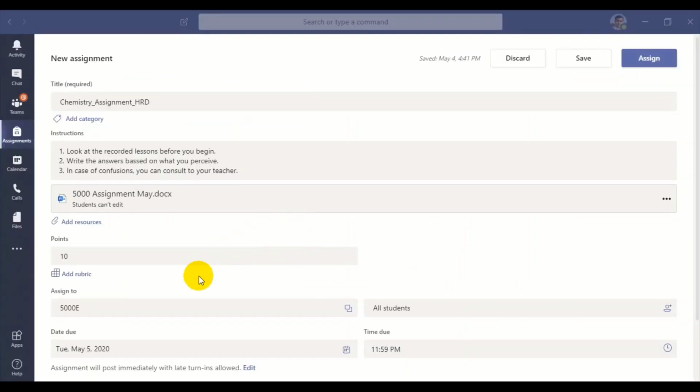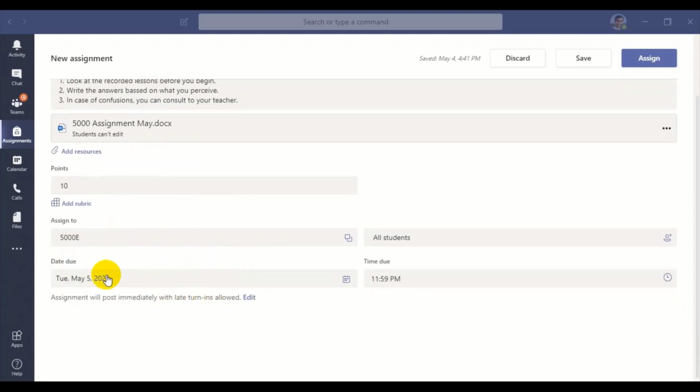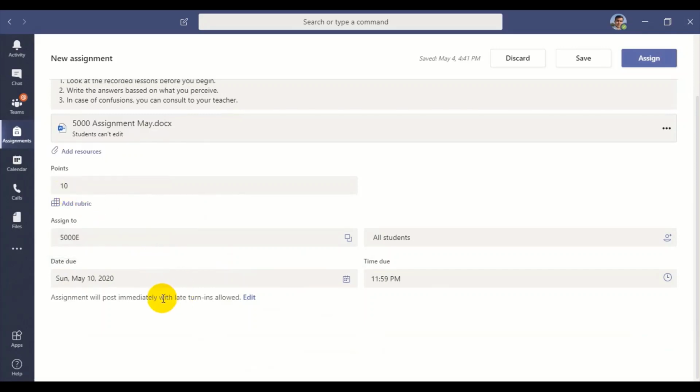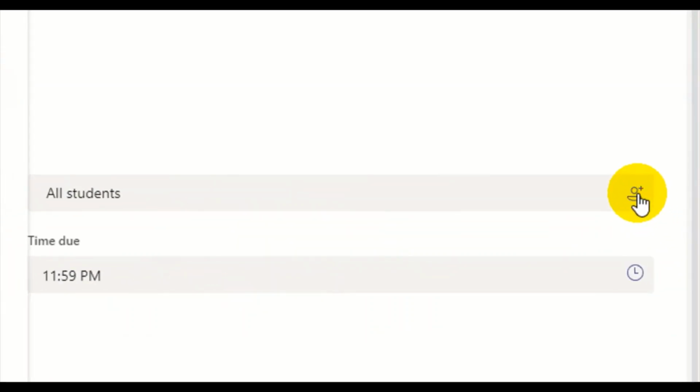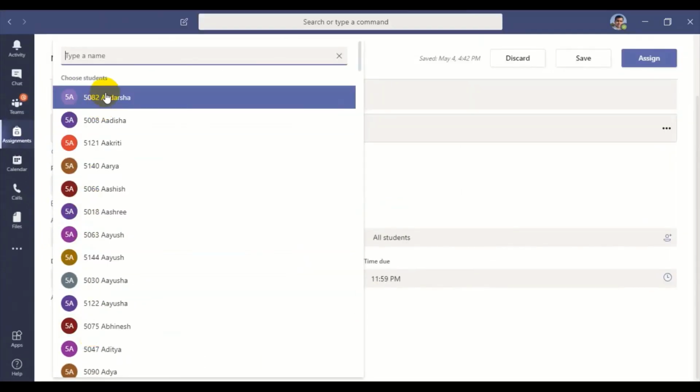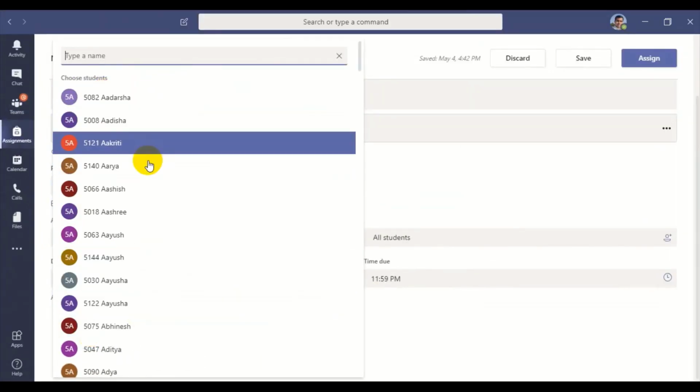In the same way, if we want to change the assignment date, for example, from May 5, this is the due date, I want to change it to, let's say, 10th May, Sunday, and the due time is this, and students are all. If we want to change, we can click this logo with the plus button, and accordingly we can choose the students that appear this way in case of necessity.